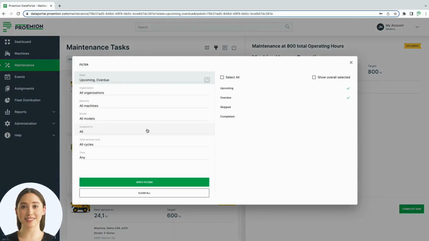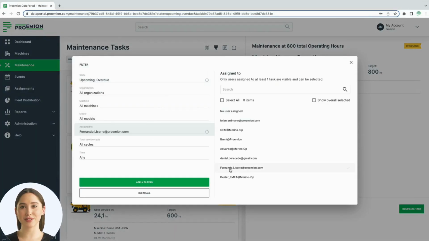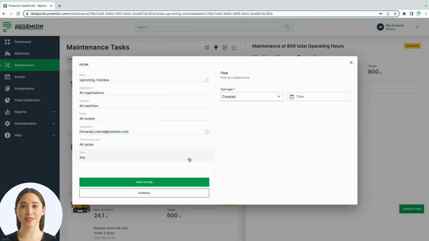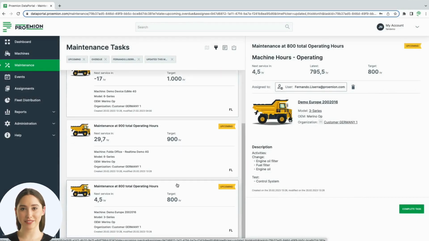Step 3. Assess the workload. It's essential to monitor the workload of service technicians while assigning tasks. The Assign To filter enables maintenance managers to assess service technicians' workload, track their progress, and manage their tasks over